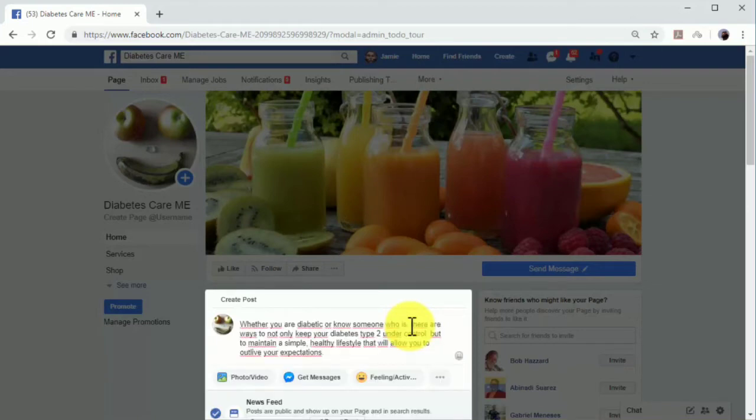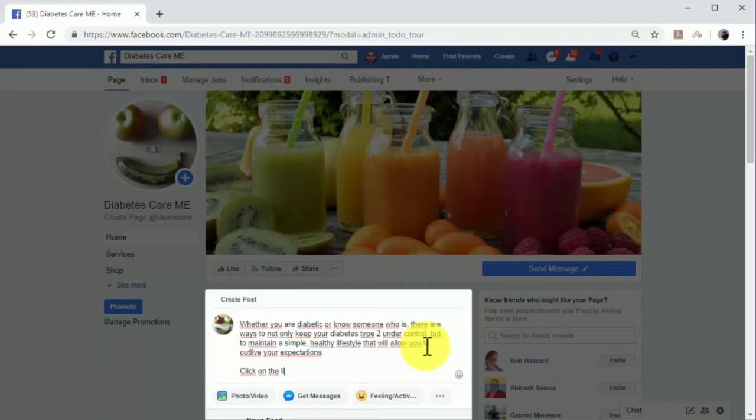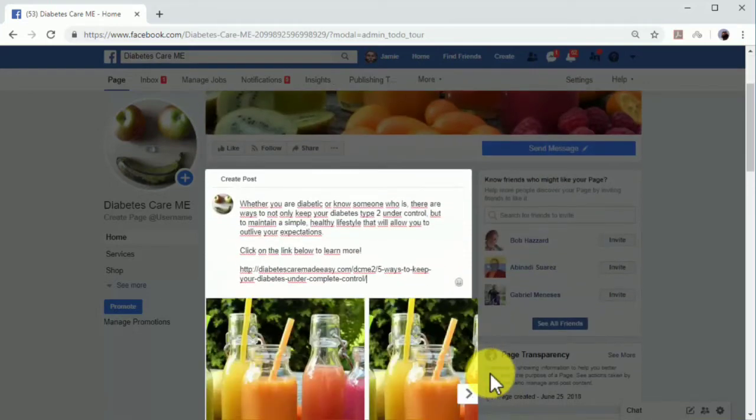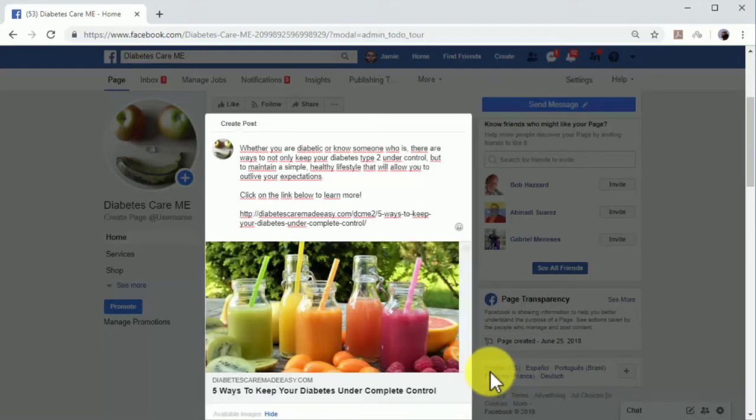In this example, we are going to send people to one of our content pages, so we'll quote the article in the link. Then we are going to add a call to action to encourage users to click on the link to continue reading. You always have to link to an external URL where users have to take action. There are two methods to add a link to your Facebook marketing posts. The easiest method is by pasting the URL below the text. Facebook will automatically create a clickable link preview that will appear below the text and that users can click through.